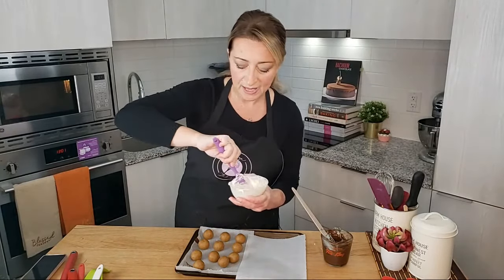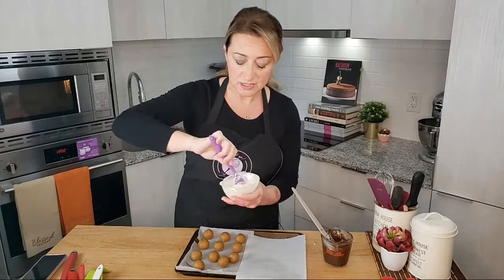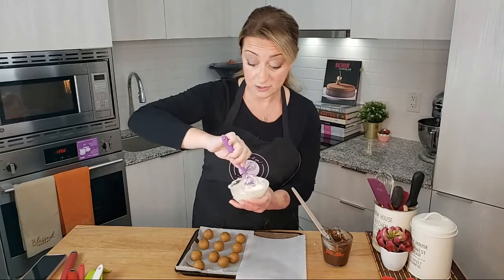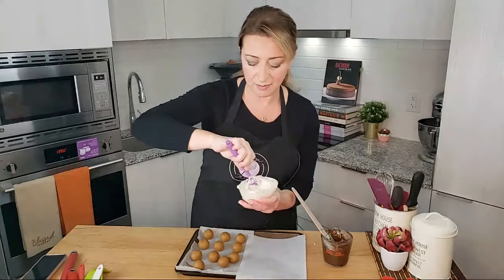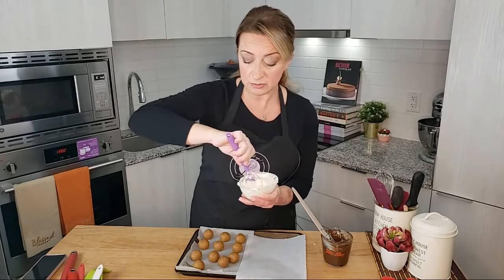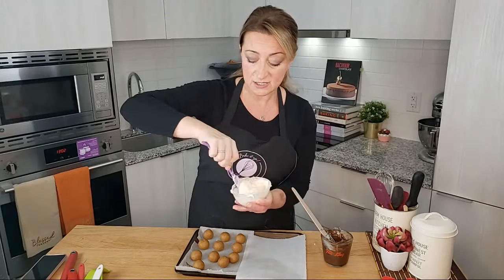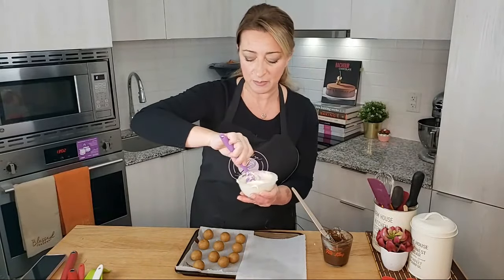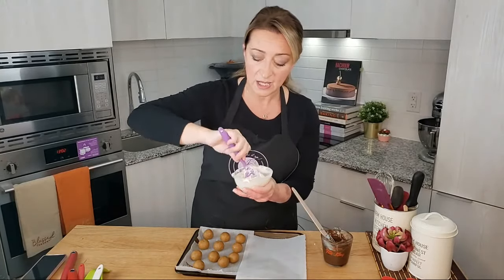So when you see this, don't panic. It happens to me several times. Just watch the temperature. My suggestion, of course, is always to go with a good brand. First, I buy my wafers at Bulk Barn. I don't know about you guys in the States or everywhere else. And I find that Merckens is the best brand, so this doesn't happen. If there is no Merckens available, this is exactly what happened to me, and this is the way you can fix it, you can adjust it. My second suggestion is to go with a good brand, or Wilton as well. Usually this doesn't happen with Wilton candy melts either. So second one is, if this happened, don't give up, don't panic, just add